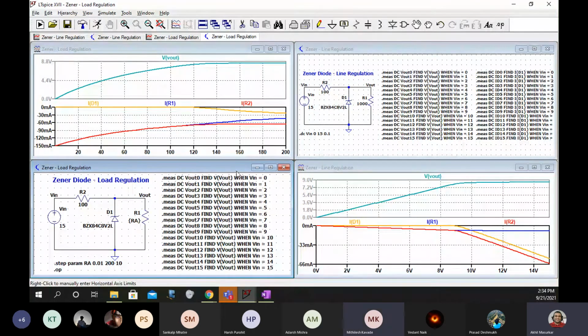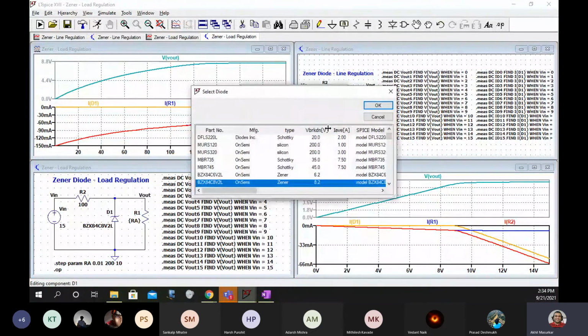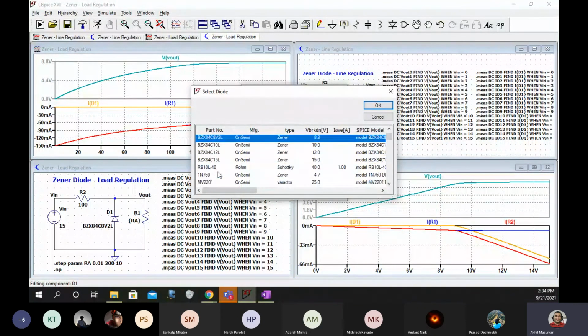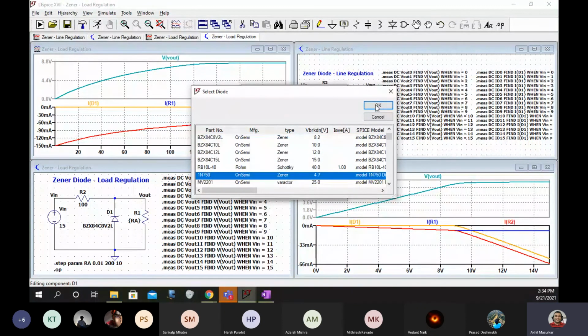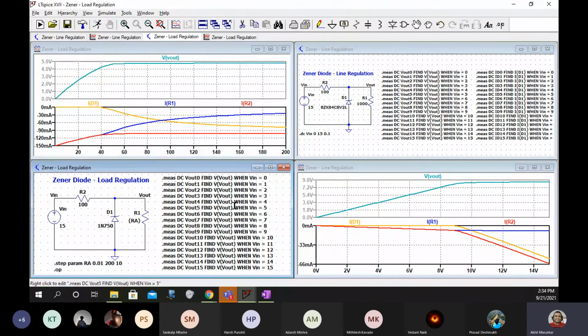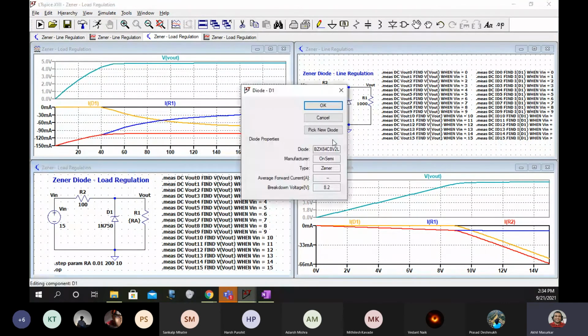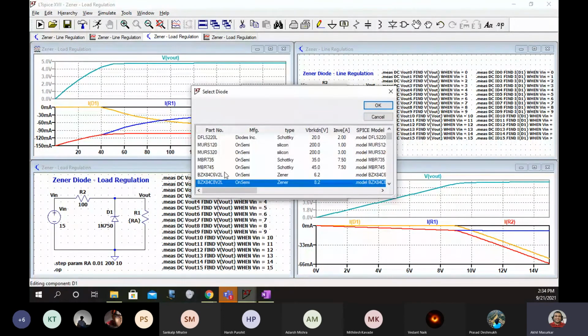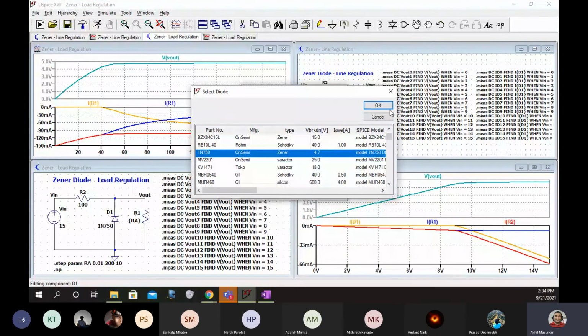Yes, sir. It all depends what you are trying to do. So why I am making you do this is because you can use the same file, just change the diode and test any Zener diode with this.